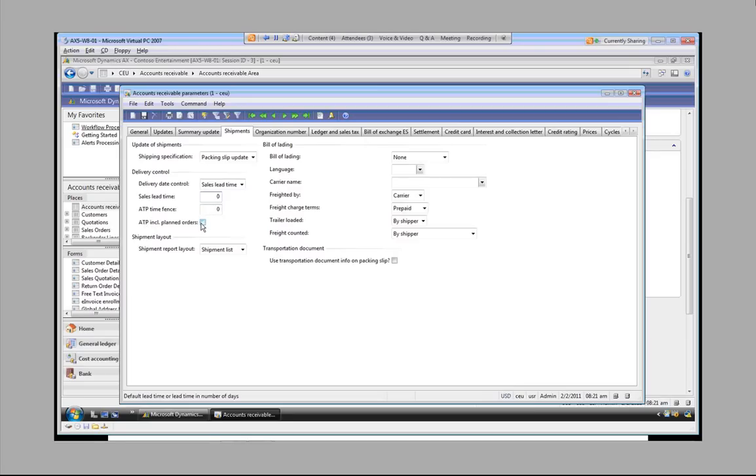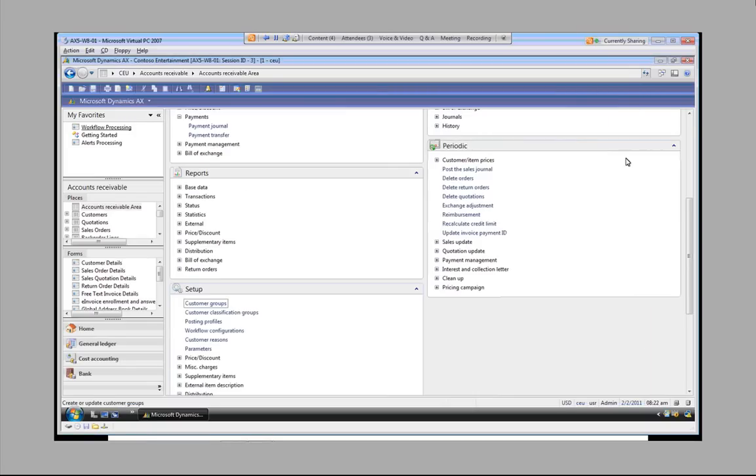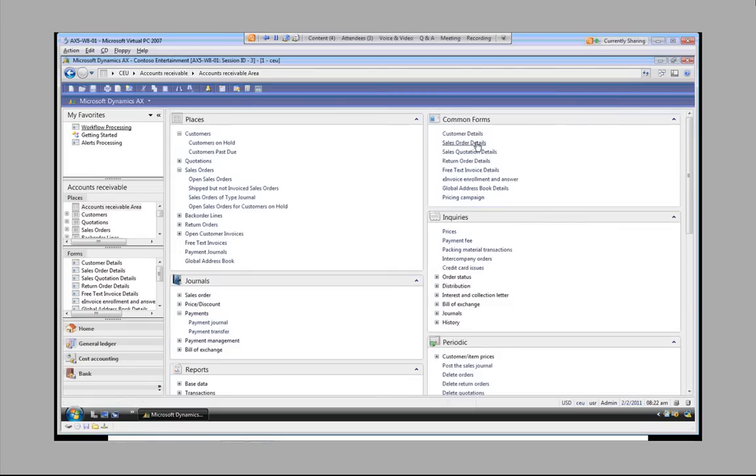We'll talk about that in a little bit with regard to items and how you want to decide whether or not to view planned orders as possible receipts when we get into talking about the item settings. But knowing the default setup here for the order, I'm going to go up to the sales order